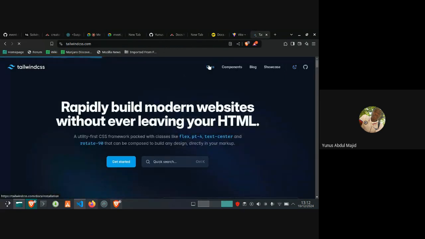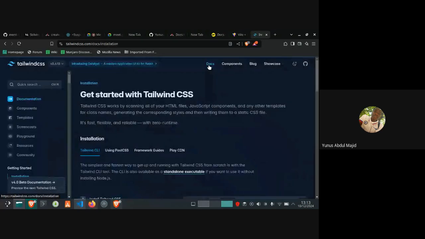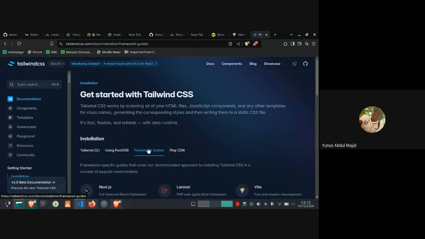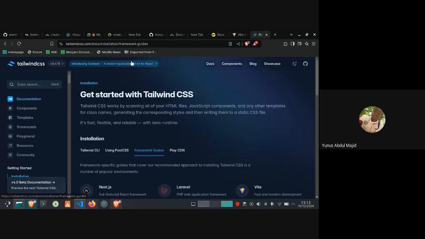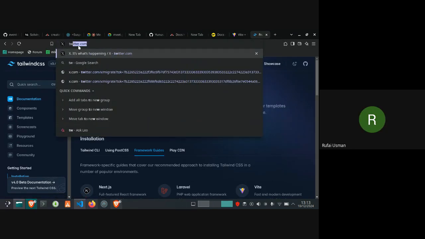Okay, so let's go to the documentation. The framework guide. Do you click on this framework guide? Which version is this? Let me start from scratch. Go to version 4.0.